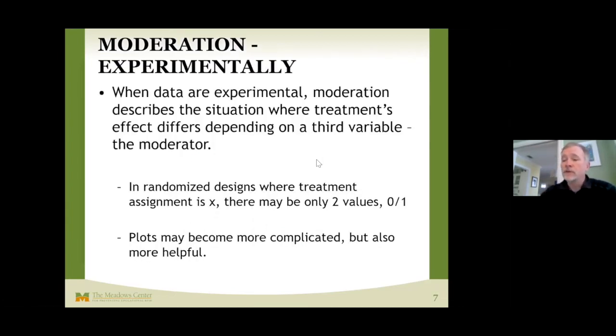Okay, so moderation experimentally, which I think is a primary interest for us who do intervention work. So I'm going to spend a few minutes on this. In cross-sectional data, moderation represents patterns in the data. In experimental data, moderation describes the treatment's effect and the differences in its effect for one or more groups of students. So using the earlier example, assume we developed a SAT preparation program and collected data on its efficacy using